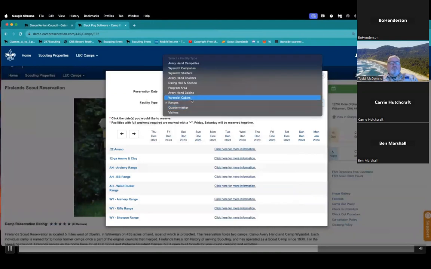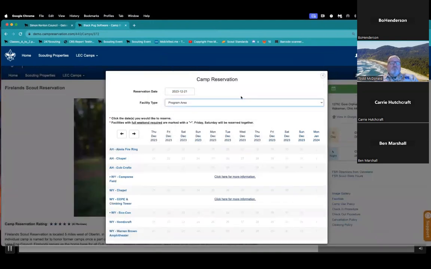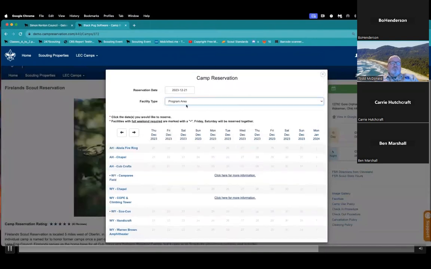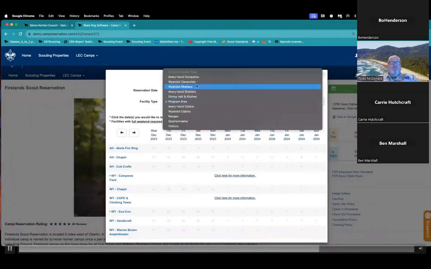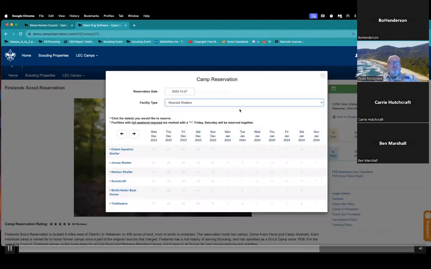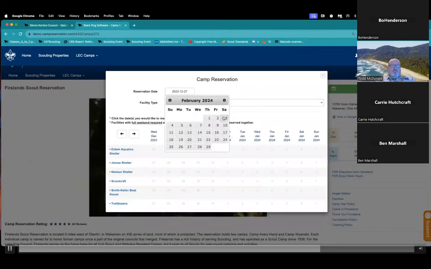So let's go to program area, but that's all blacked out. We'll try Wyandotte shelters, that's fine. I'm going to go up to my calendar up here and switch this to February.